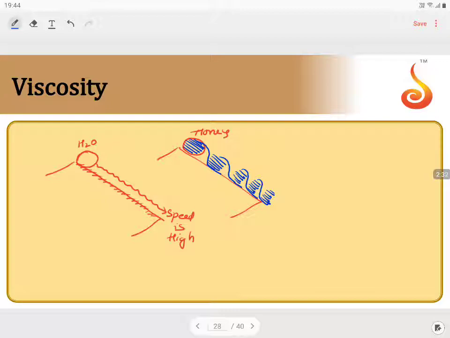The layer which has more force you can see moving from the bottom. If you see from the surface to the top, the surface molecule is more tightly packed to the rigid body, whereas as we move from the bottom to the topmost layer, the top layer is ready to displace, followed by the next layer, followed by the next layer. So there is some opposing force acting on each layer in the free movement of another layer.